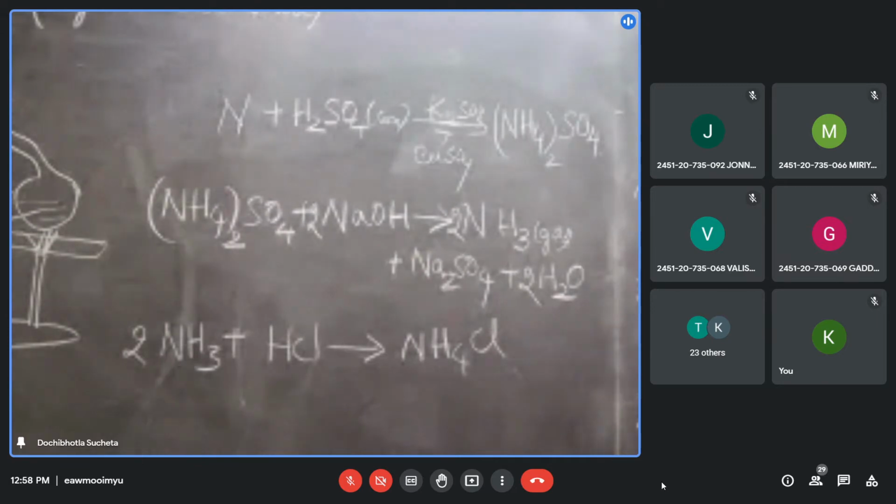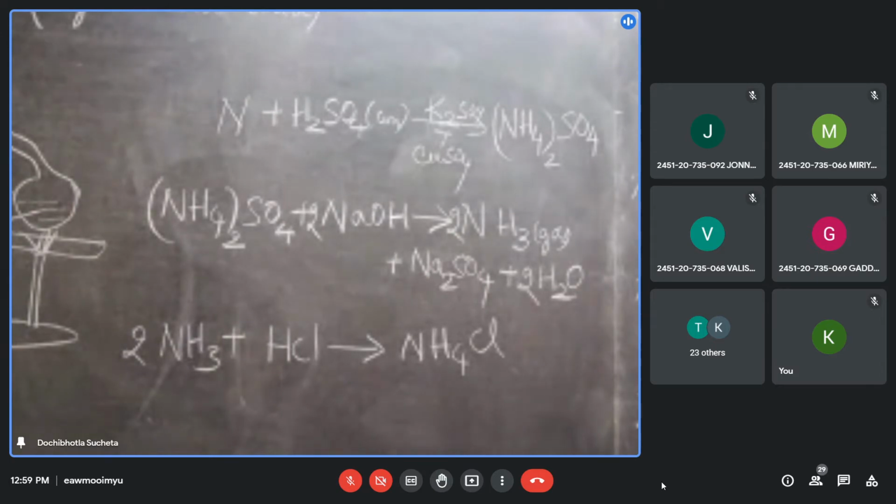Okay. Now, what will happen? I have taken large excess of HCl. Some amount of HCl might have reacted with ammonia to form ammonium chloride, but there is some amount of HCl which might not have reacted with ammonia. So what I'll do, I'll react that HCl with NaOH. Again, I'll do the acid base titration to check how much unused HCl is present, and hence indirectly I'll calculate the ammonia gas liberated. Okay, and I'll use this formula.